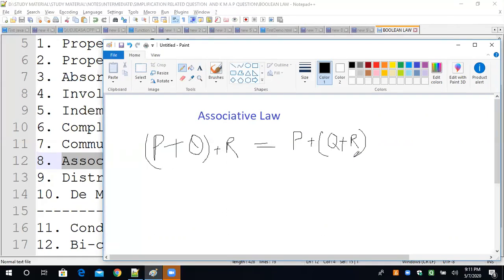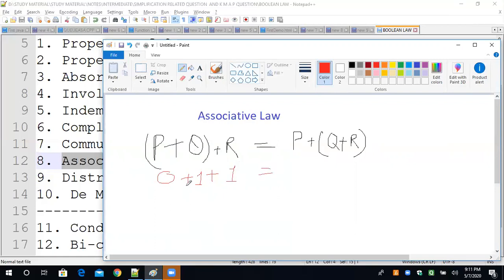So no problem. Okay, don't worry. Either we add P plus Q, and the result we get will be added with R. In this manner we can do the calculation. The other way is that Q plus R will be calculated first and the answer of Q plus R will be added with P. No problem. In both ways, you will get the same answer. Either you add P plus Q first or Q plus R first, it doesn't matter. You can test by putting values, but I don't think it is required, but I'm just taking 0 plus 1 plus 1.